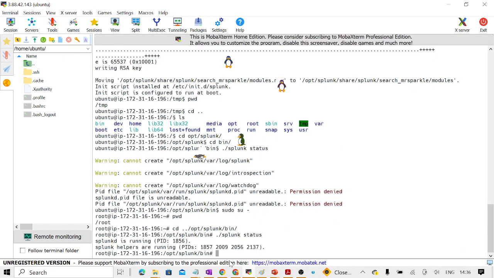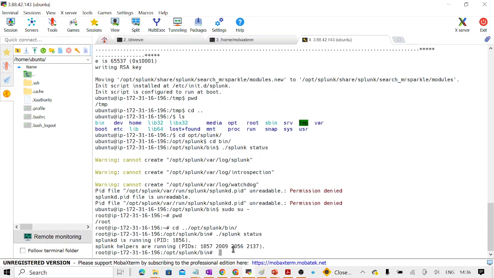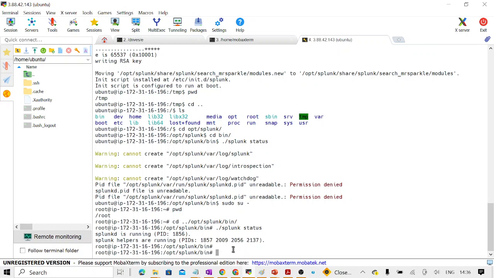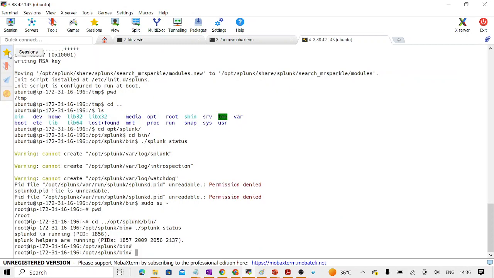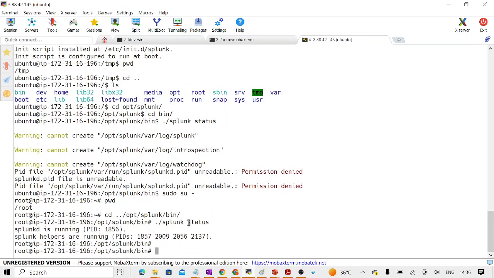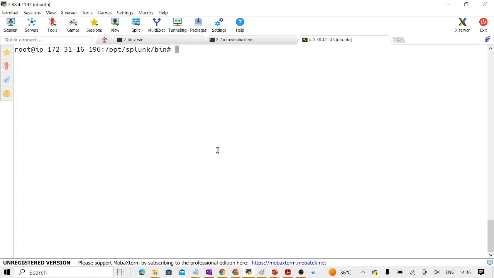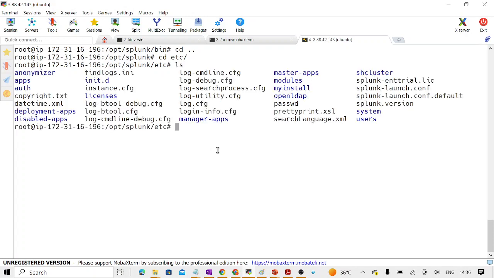So just give me a second. I hope my connection is not terminated. Yeah, my connection is already there. So what I'm going to do here is, let me try to increase the size. Let me try to clear my screen. Now what I'm going to do next is go to the cd etc directory, which we are talking about. If I try to do ls,